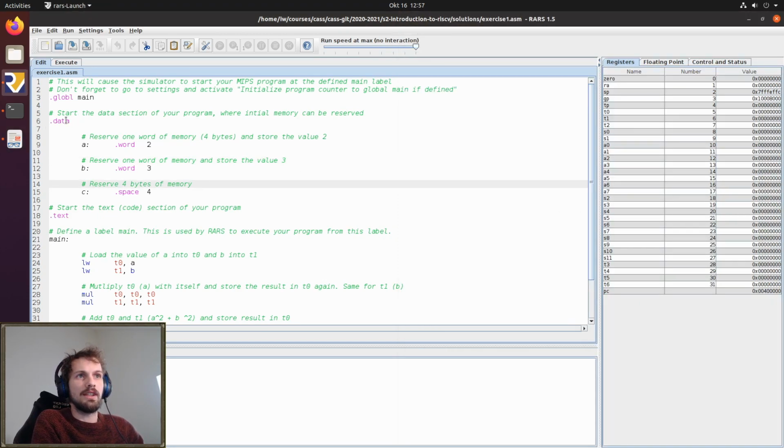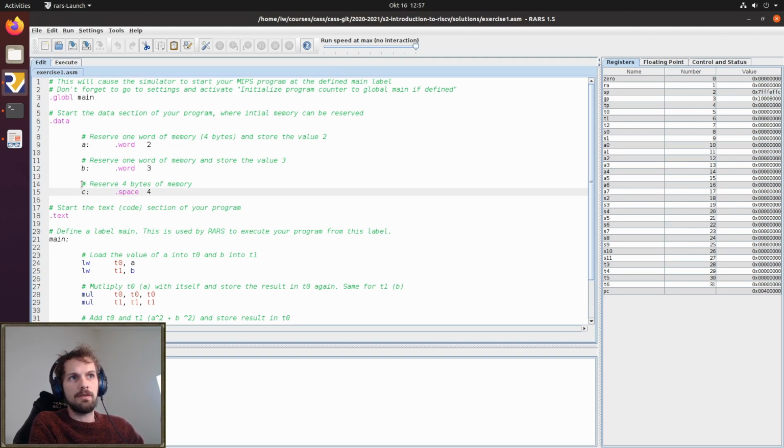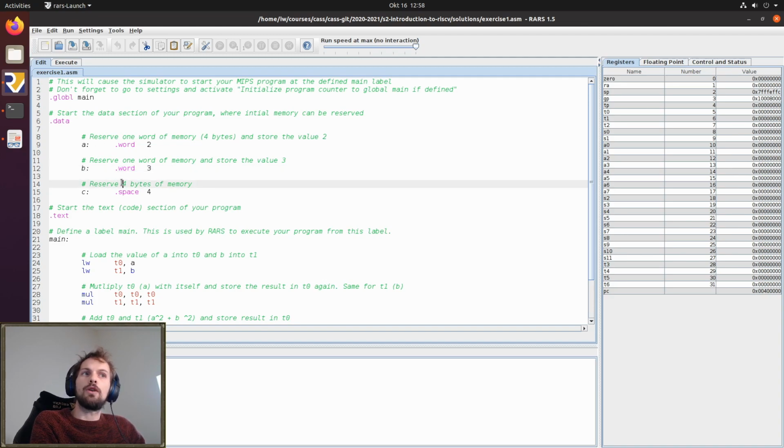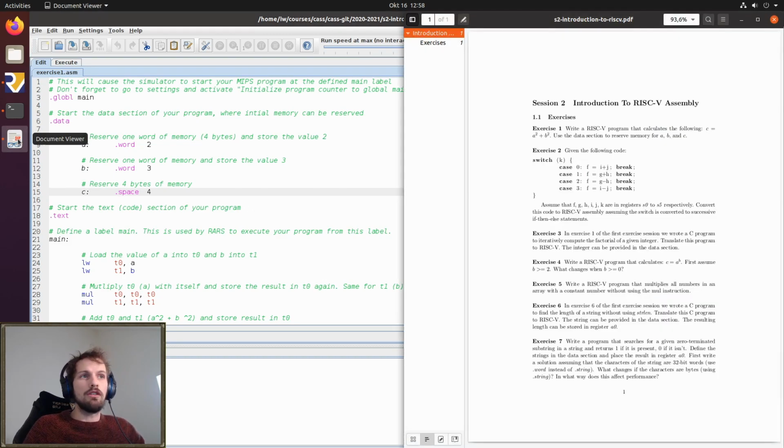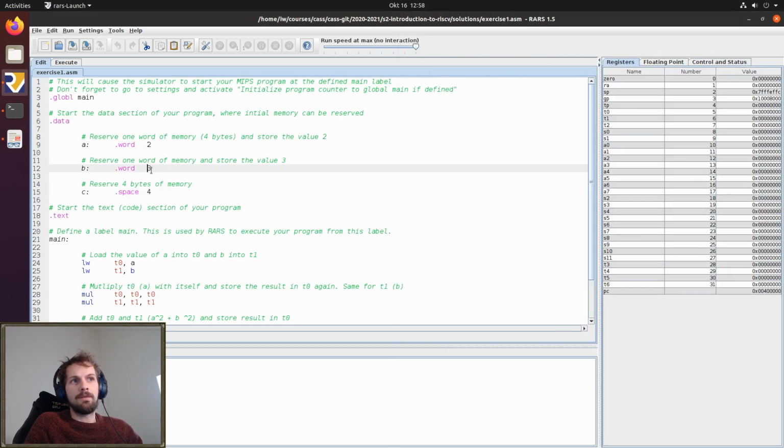First, in the data section, we reserved memory for A, B, and C. So we reserved 1 word of memory for A, and we store the value 2 into this word. Then we reserve 1 word for B, and we store the value 3 into this word. And then we reserve 4 bytes of memory for C. Now note that we don't yet know what value C has to be because this depends on A and B. We don't know in advance before running the program what the value will be, so we just need to reserve